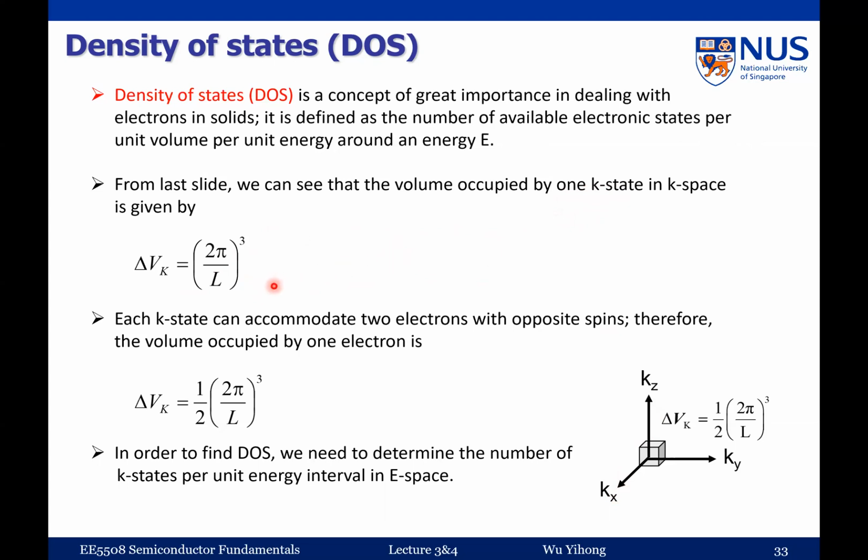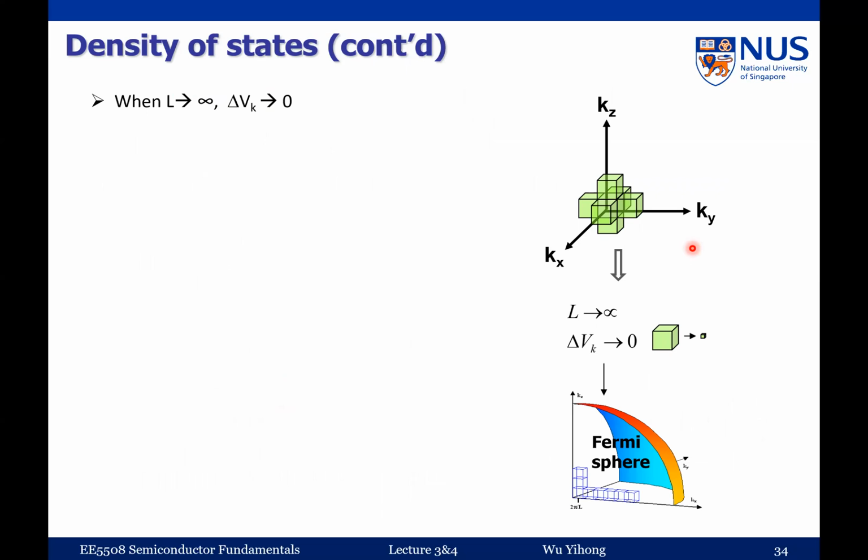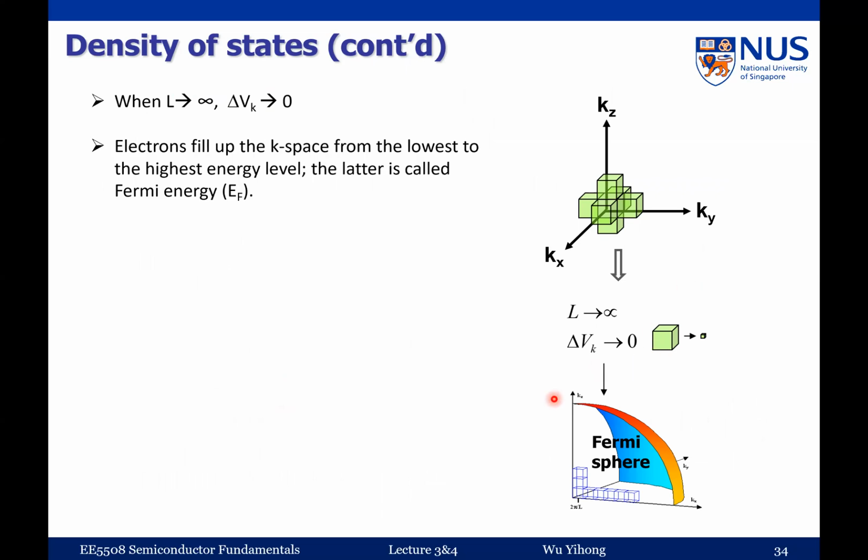Okay, so this means that the volume occupied by a single electron in k space is just half of this, because you have 2 electrons, right? So each will occupy half of this. So once you know this, we just try to fill up this k space from the smallest energy first, right? That's because we know energy is given by, let me just see,